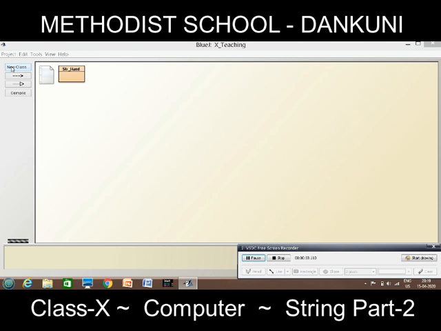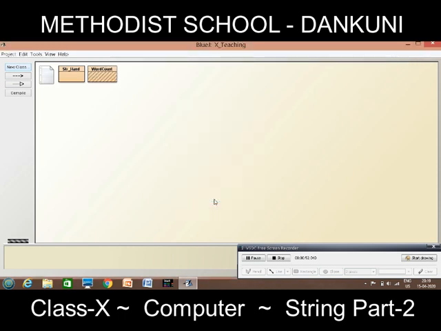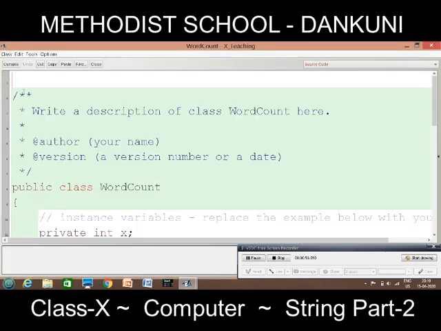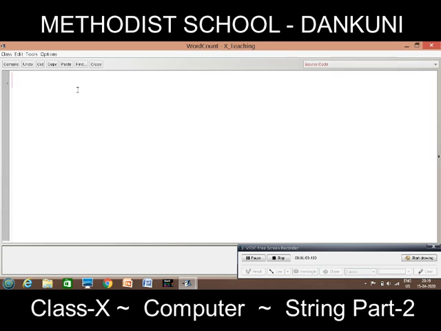Now for this I am going to create a new class, and I will name it WordCount. Now I'll open it, maximize, select all, delete. You all know that for taking input using a scanner we will have to import the Scanner class.